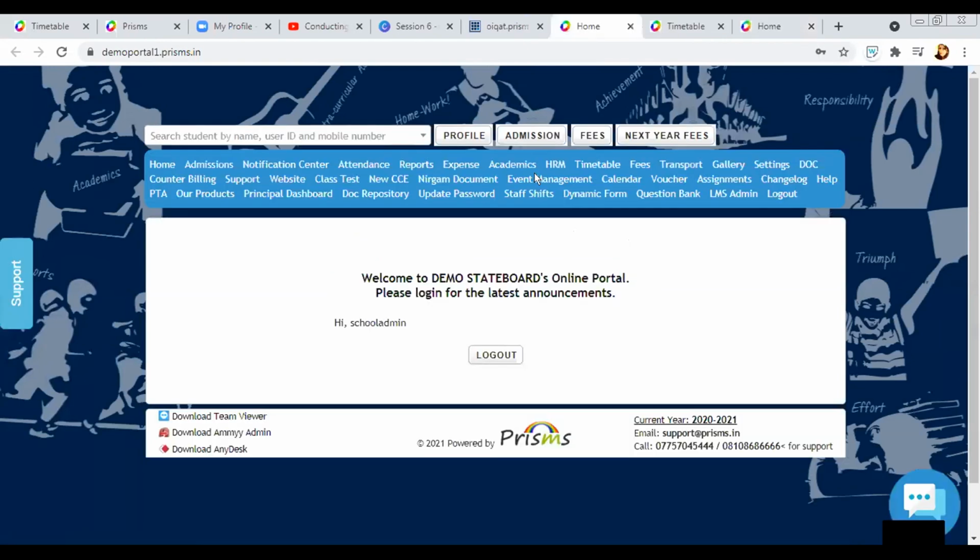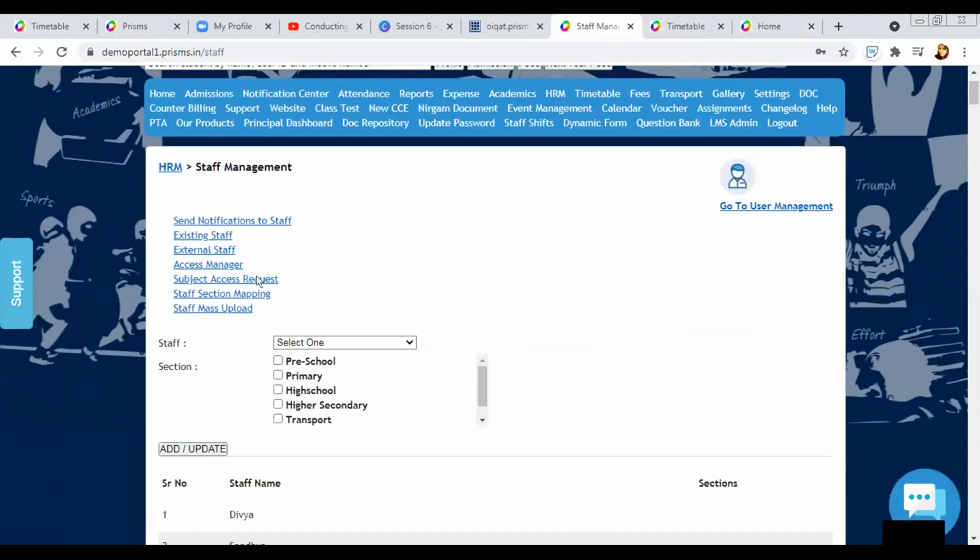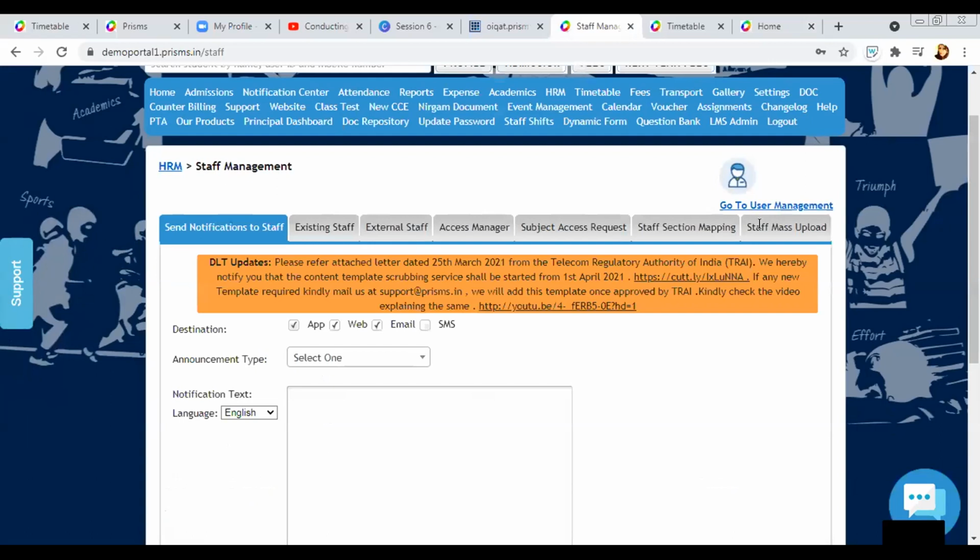In HRM there is a tab called staff management, and in staff management, the last tab is called staff mass upload.